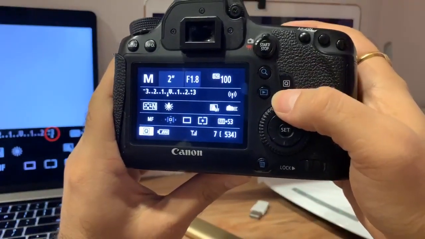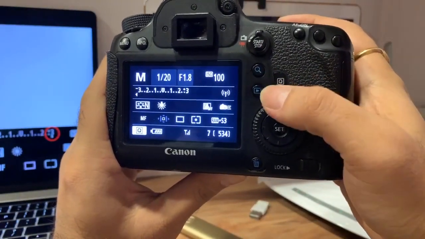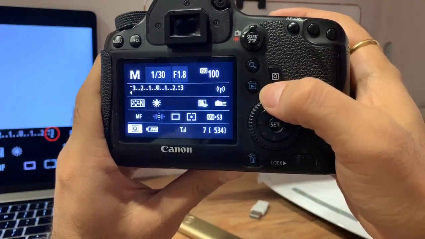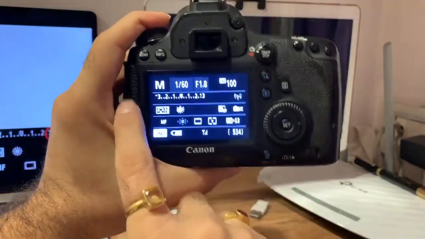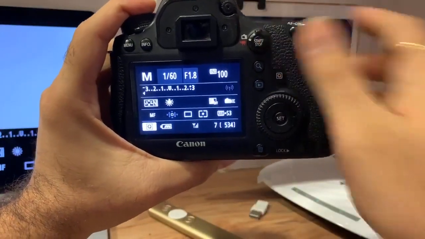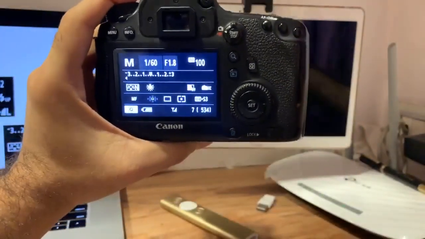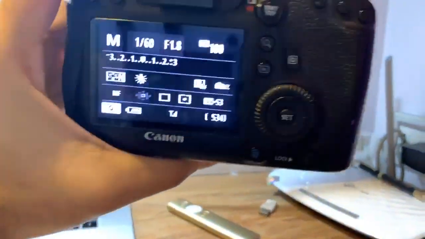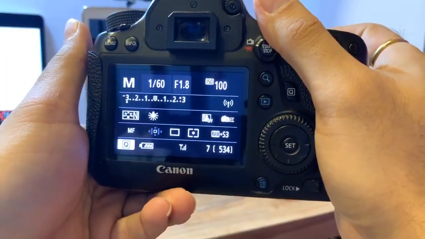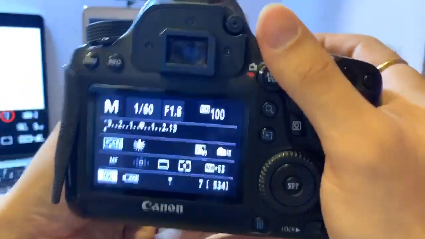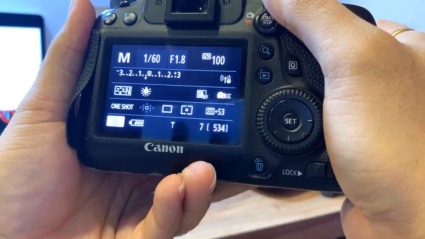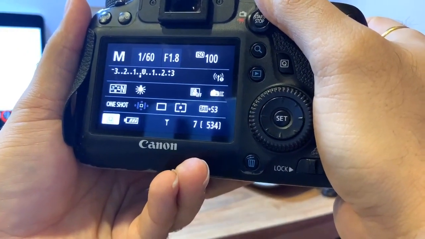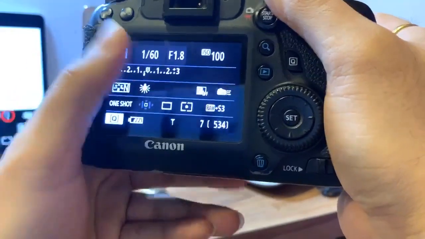Okay, so what I can do now is, I can also do one more thing. So I'll keep a shutter speed, say 1 by 60 arbitrarily, but in this setting you can see that my cursor has gone beyond -3. That means it is going to be really dark. So I'm just putting some more light so that it's easy for my camera a bit. Okay, but even in this setting you can see that now it has come in the center because I added more light. And if I take an image, it's going to be a little underexposed.